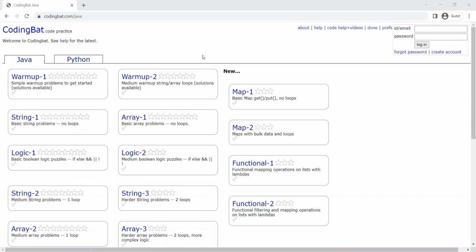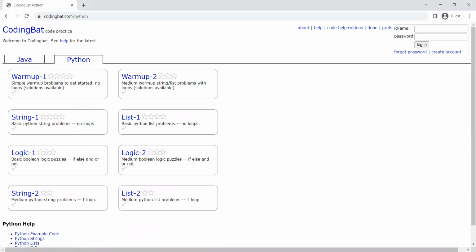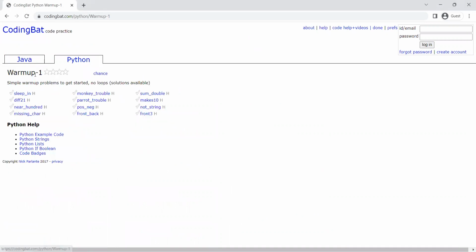Today we are going to go through another example in CodingBat and Python. Let's do another warm-up from Warmup-1. In this one, we are going to go over the loops, the if statement, and everything that's possible. In the last video we were walking through a sleep-in exercise. Now let's do